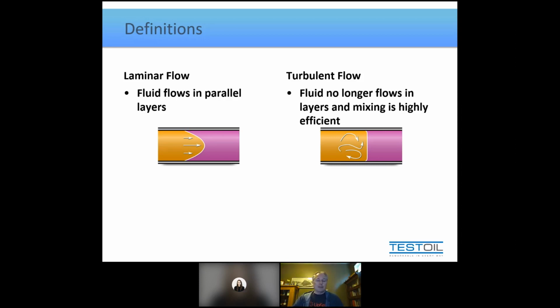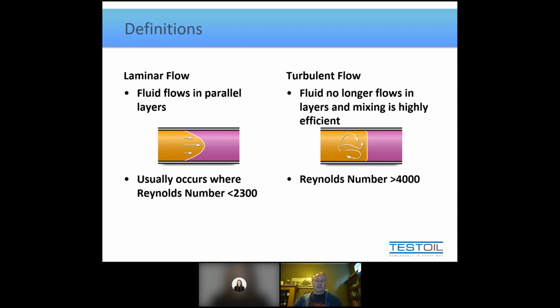And when the Reynolds number is being calculated for the viscosity, temperature, and all these kinds of considerations of the fluid in whatever piping it may be in, this Reynolds number is generally considered to have laminar flow at any Reynolds number less than about 2300, depending on the textbook you read it from. And we're pretty sure that we consider it to be turbulent flow if the Reynolds number works out to be higher than 4000. To give you a frame of reference, general best practices for flushing require a Reynolds number of